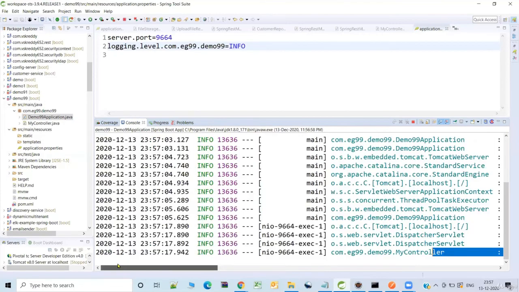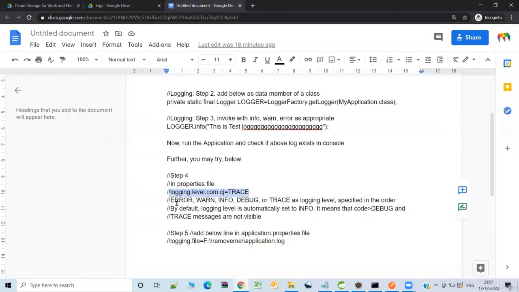So that is one thing. And as we see in the document here, this is the order of the levels. See, earlier we kept warn. That means we will be getting only the warning and error. If you give info, then you will get info, warn as well as error. So you need to adjust the logging level as per your requirement and based on whether it is in the testing phase or production or development, whichever.